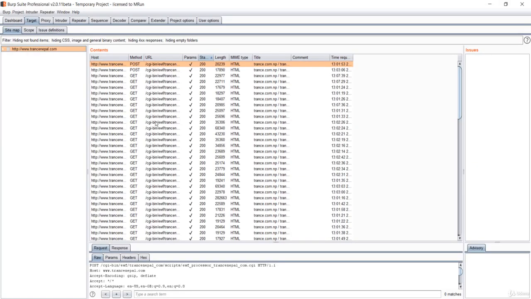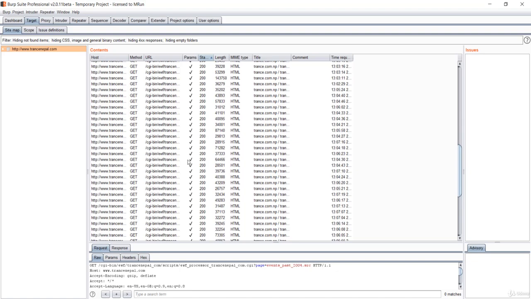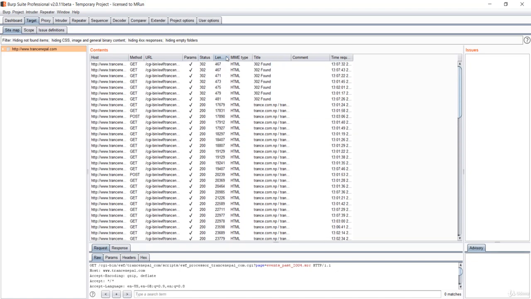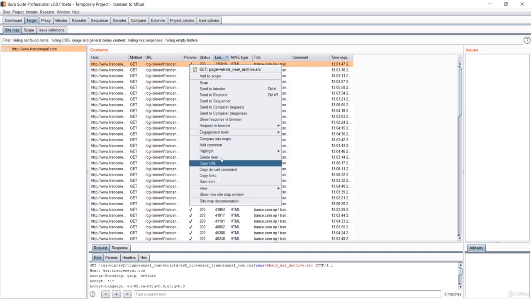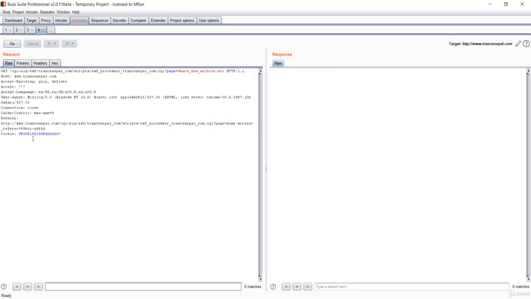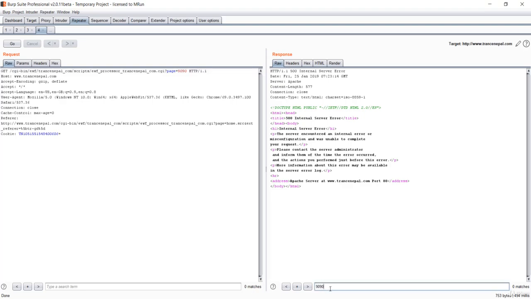So let's go for another target and let's see if we get any GET request. Let me just sort this out by length first. If you just double click, then it will get the link having the highest length at the top. So I'll send this to repeater again, and now it's time to search for another pages here. Let me give it a unique name, so let me say 9090. Let me press go, and let's see if this 9090 is reflected. It is not reflected. That means this link or this page field is not vulnerable.